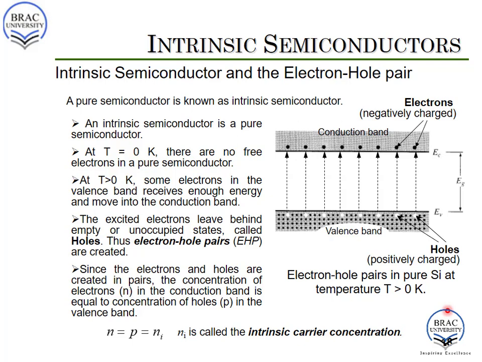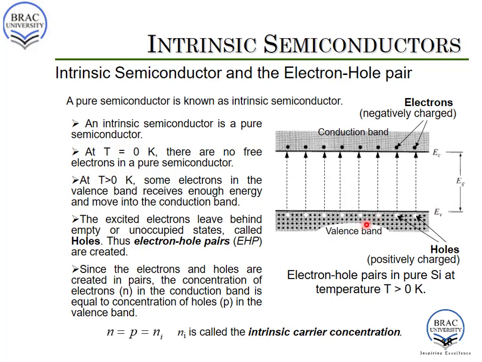So what happens is, whenever an electron gains sufficient energy to break the bond and become free to flow in the structure, at the atomic level, an electron is actually jumping from valence band to conduction band. Whenever an electron jumps from valence band to conduction band, an energy equal to the band gap is required, as we have learned previously.